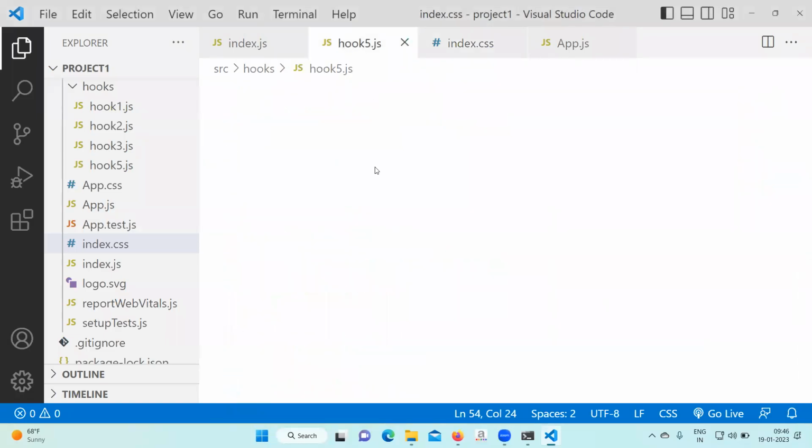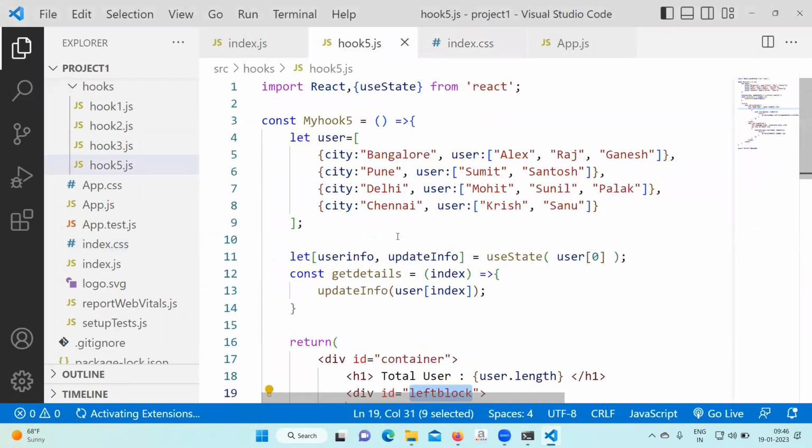Into the hook 5.js file, we have one list of users here. Okay, but it is based on a single dimensional array. So this is the users array. What we have is a single dimensional array, right? So okay,